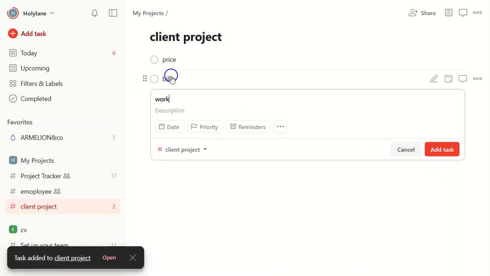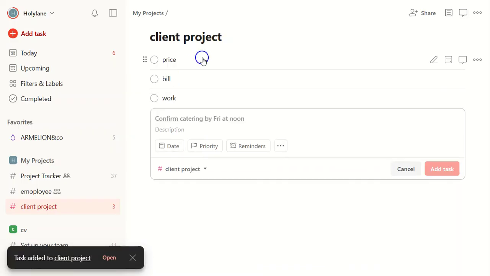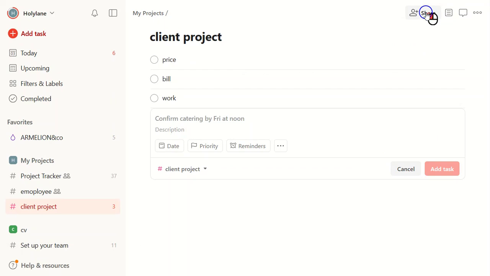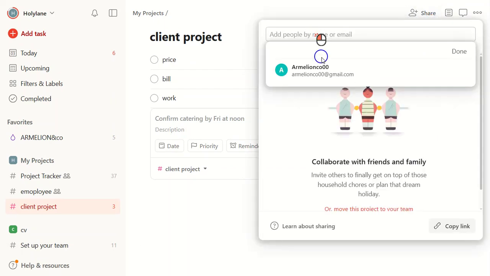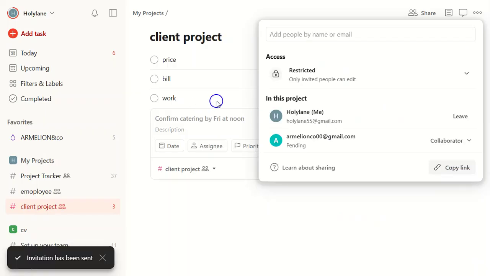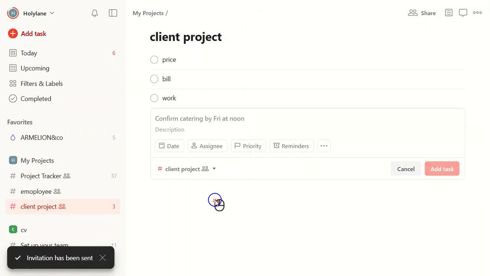Now that we've done that, it's time to invite your client to the project. You can do this by clicking on the three dots at the top right of the project, then Share Project. You'll input the client's email here. Inviting your client to the project helps them see all planned tasks, updates, and they can also add their own tasks or comments. This establishes an open line of communication between you and your client, making the process transparent and